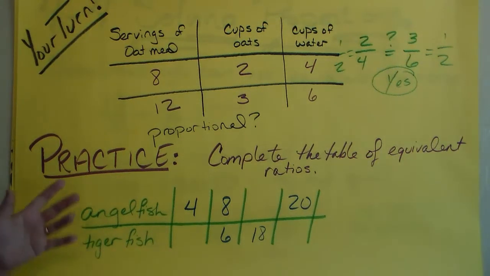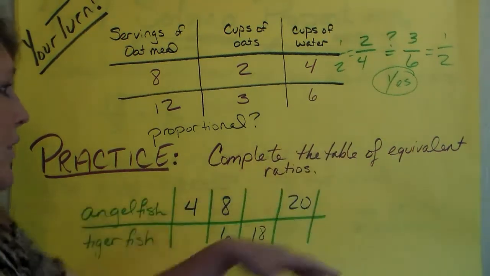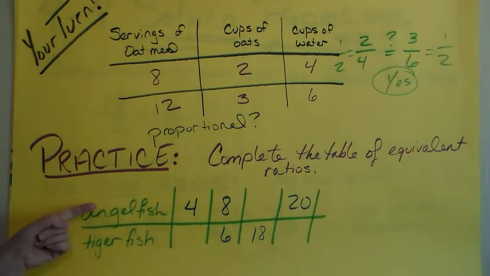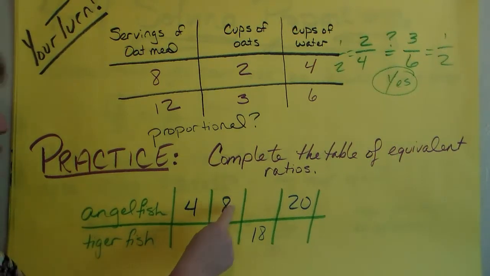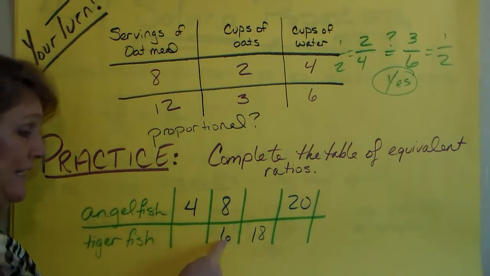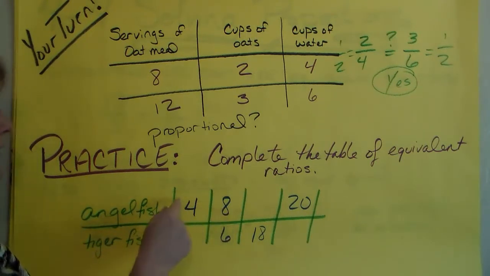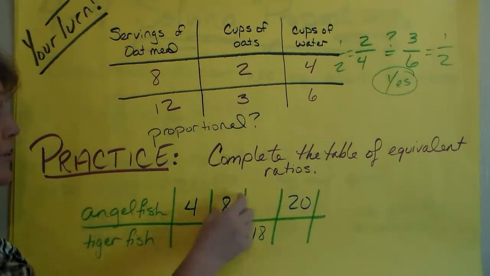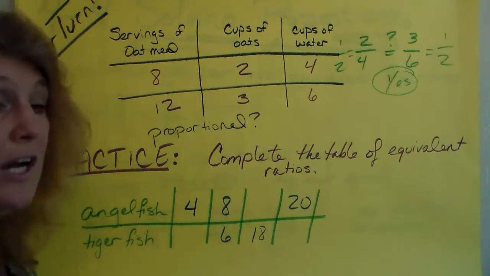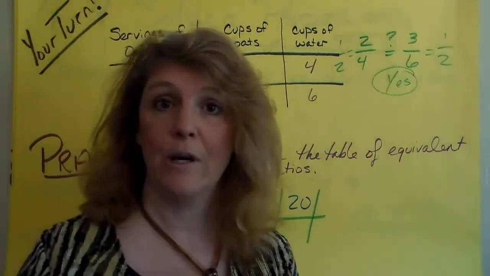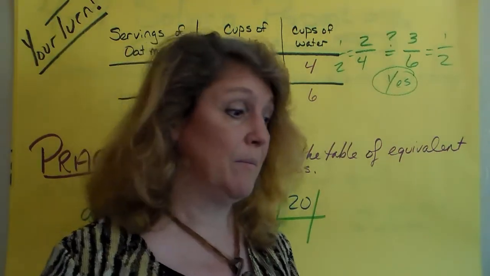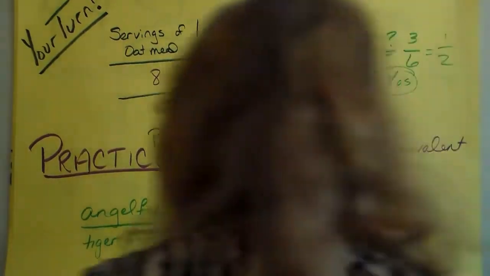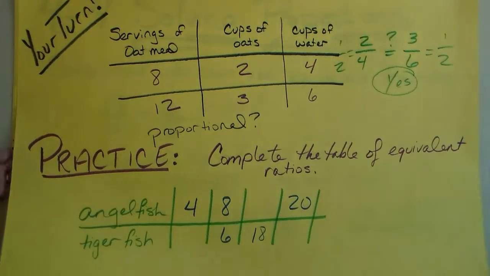So, your practice for this section is to complete the table of equivalent ratios. So, I want my proportion of angelfish to tigerfish always to be 8:6. Now, what if I only have 4 angelfish? What if I have 18 tigerfish? What if I have 20 angelfish? So I need you to fill in the chart to do the proportions correctly, okay? Copy that down because I am about to move on to Section 4,